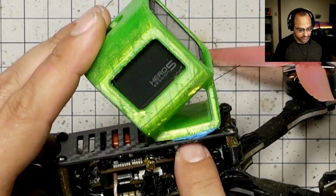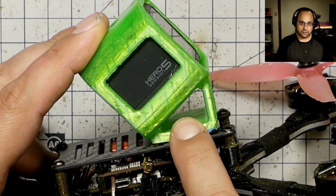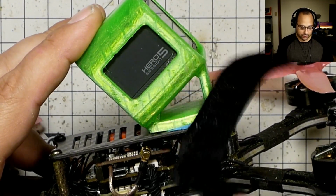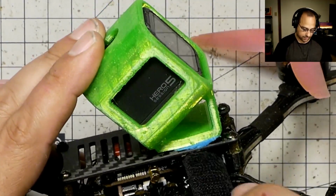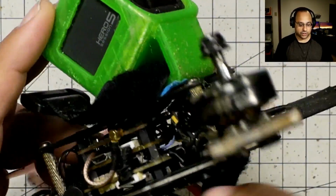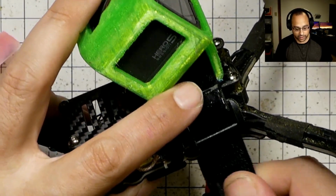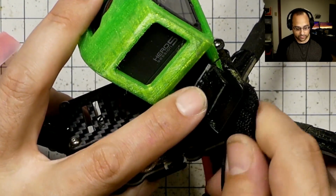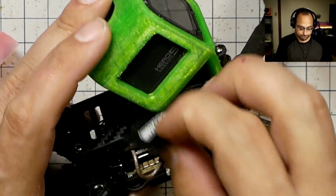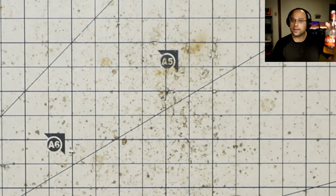The problem is, if you pass the battery strap through the underside here, you don't get any leverage on it, and it just slides around. So what I do is I pass the battery strap around the entire frame. Now, this is really a jury-rigged way of doing it. It would be better to just have a mount made for it that mounts on the screws. But if you're in a pinch, as I was,